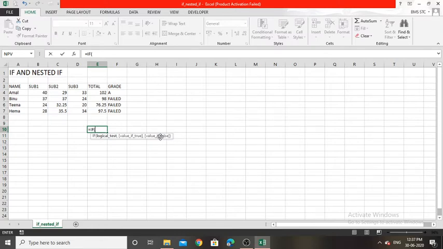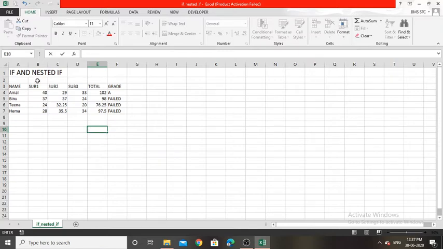This is what MS Excel also does with the function if. If this is the condition, do this as the second argument, else do the third argument. You are passing a logical test or a condition as the first argument. If the condition as the first argument is met, then the second argument will be returned, else the third argument will be returned.